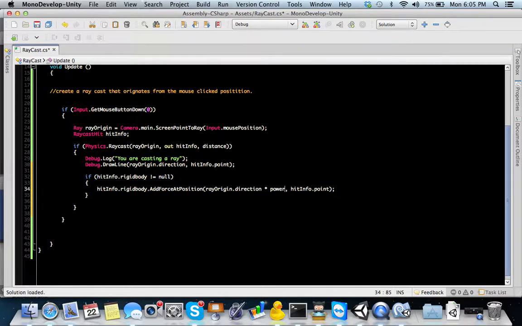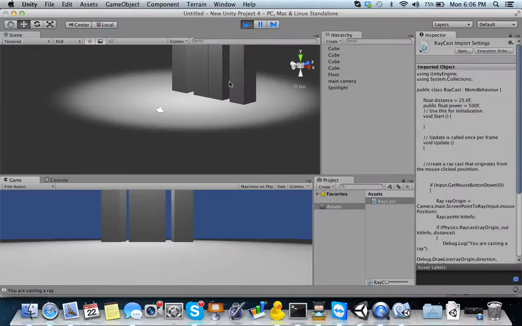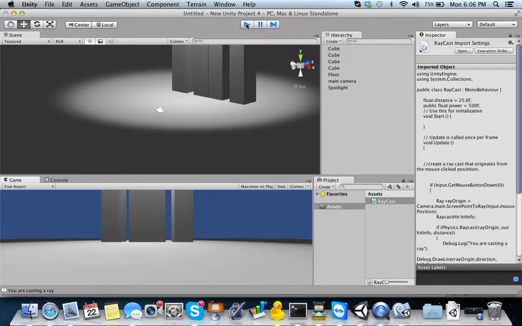Alright, so now we have add force position. We're going to add a force of 500 in the position which we clicked, so it's going to be forward most likely. That force is going to be positioned at the point at which the ray hit the object. Alright, so if we go ahead and save this and run our game,